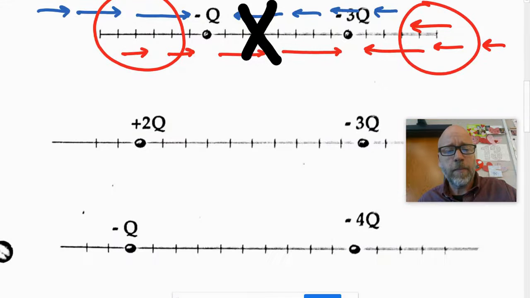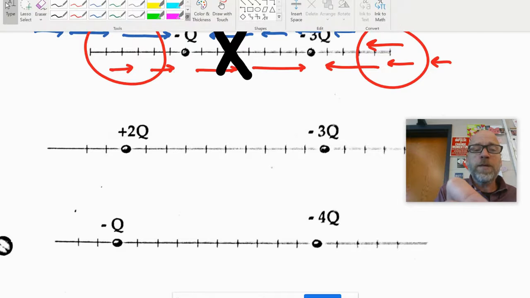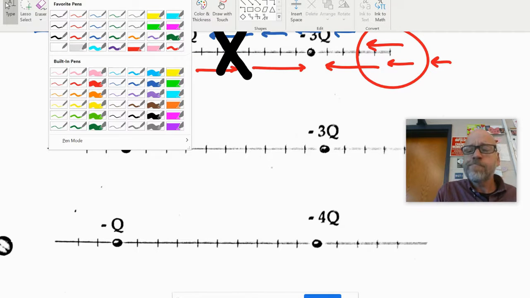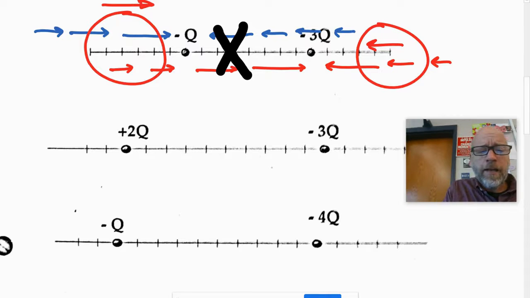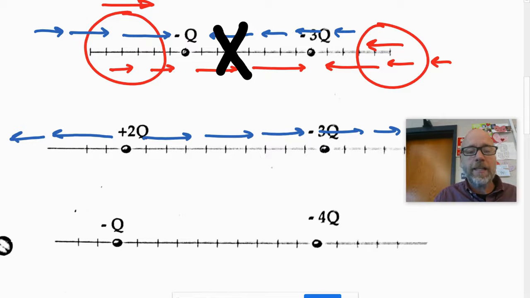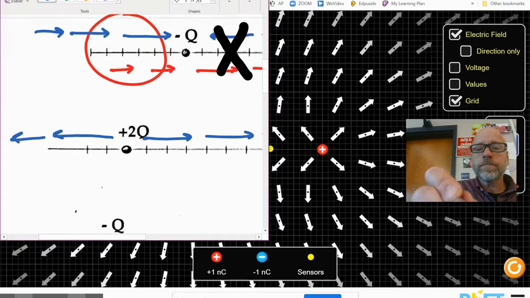Next one. I got a plus 2Q and a minus 3Q. Let's check that out. Were those first two problems too easy for you? Yep, they were. Let's see if this trips you up. I'm going to have a plus 2, so points away, along that line. The minus 3 charge